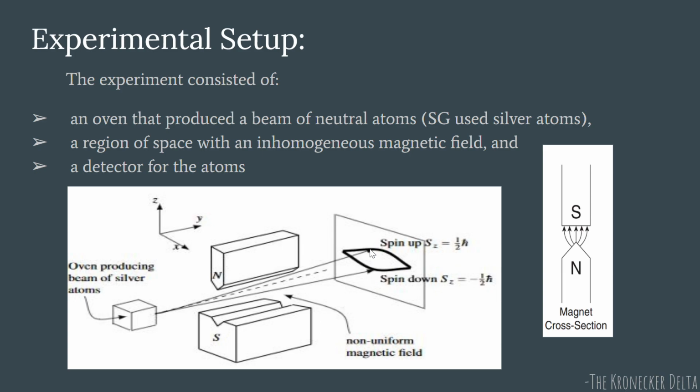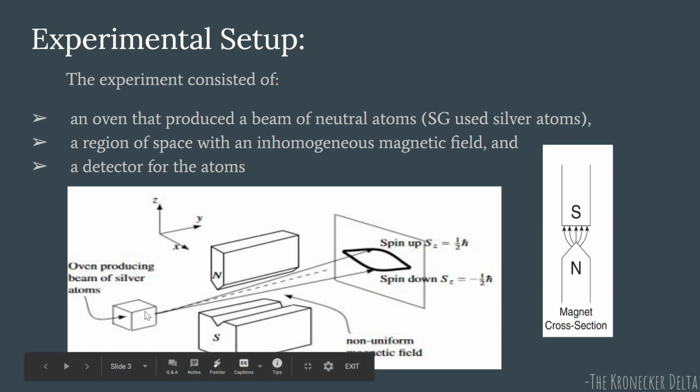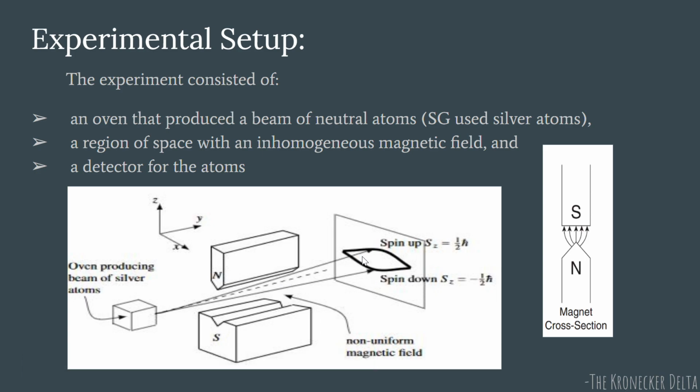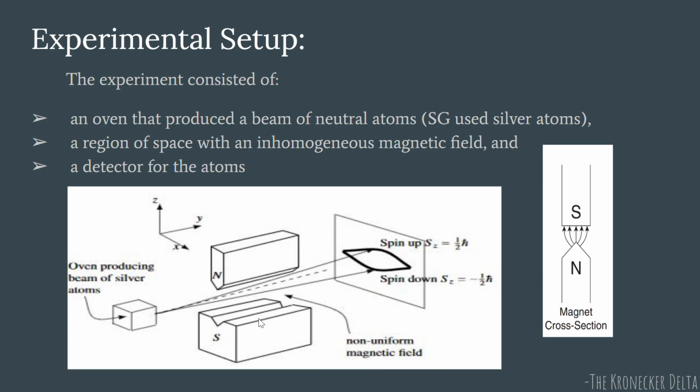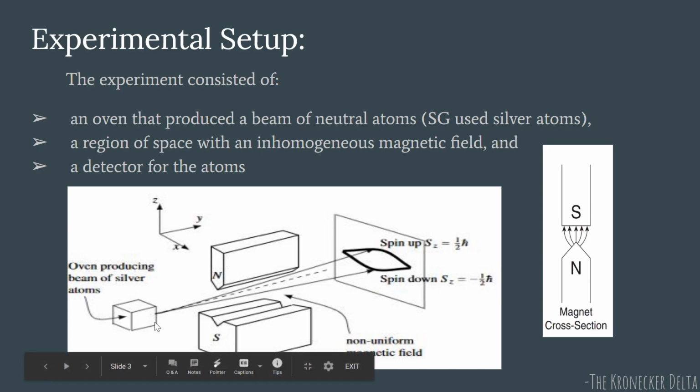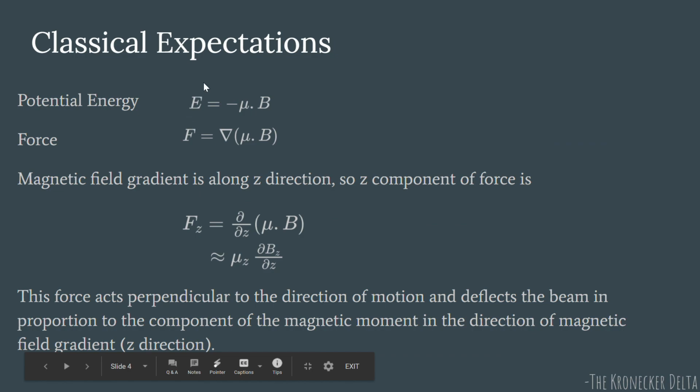Now this Stern-Gerlach experiment actually challenges our classical expectations. To know that, let us first see what the classical expectations of such an experiment are. What we see here is a bunch of neutral atoms being passed through an inhomogeneous magnetic field. Now if they're deflected, so any sort of interaction with the magnetic field is possible if these atoms possess something called a magnetic moment. We know about magnetic moment. So the potential energy of such an interaction can be written as E equals minus mu dot B.